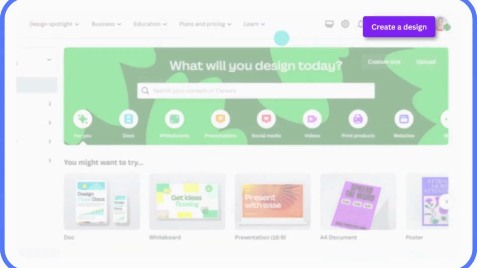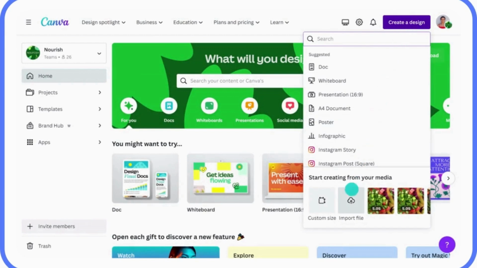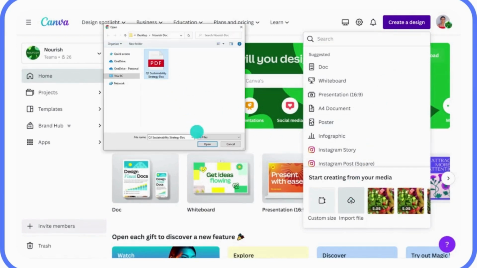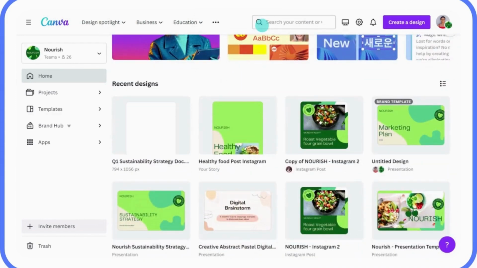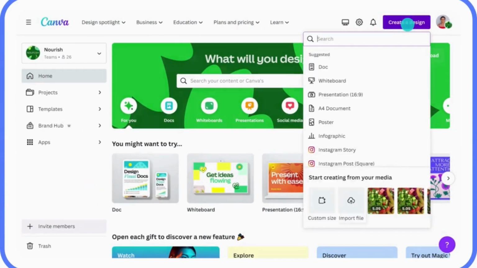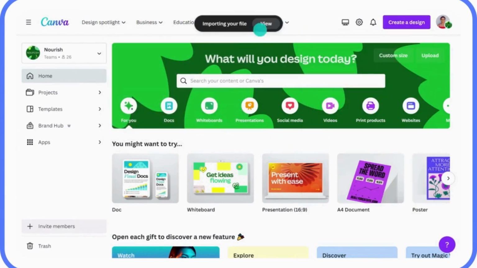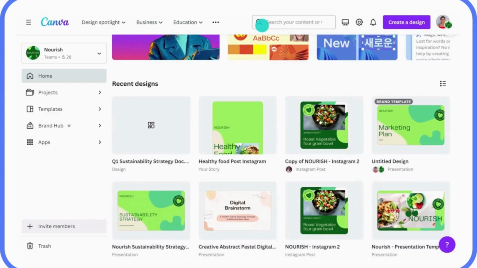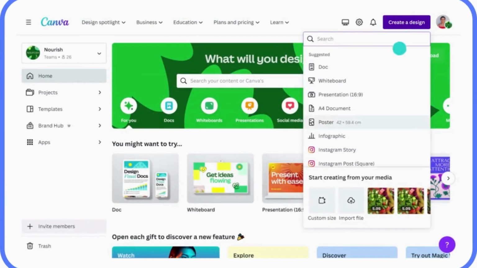This video has one main goal, which is to teach you how to create a professional client proposal using Canva. A client proposal is a structured document that explains an idea, project, or service to convince someone to approve it. Whether it is a business proposal, project proposal, or freelance proposal, most of them follow a similar structure. The goal is simple. You explain the problem, present your solution, and show the client why you are the right